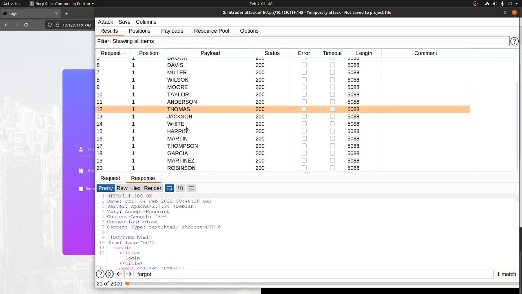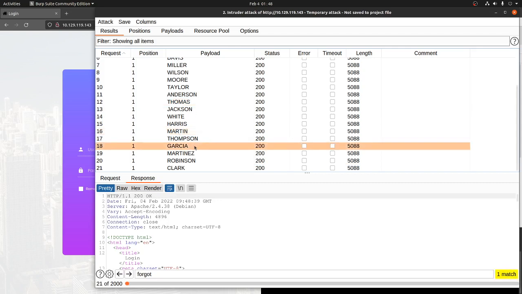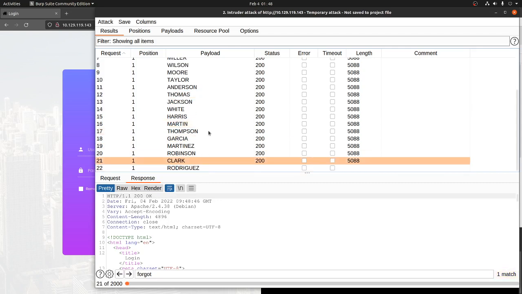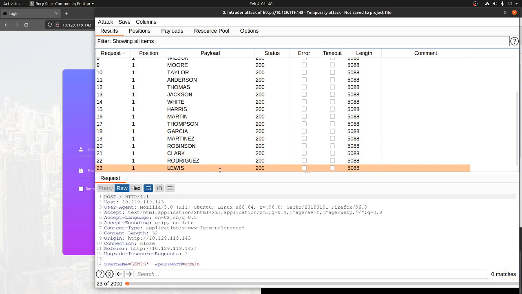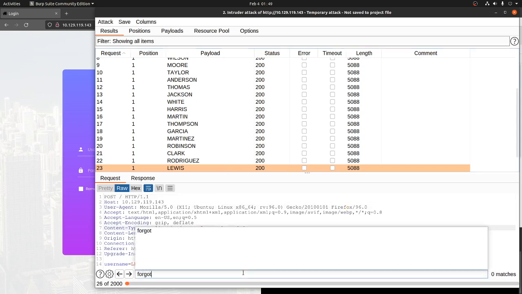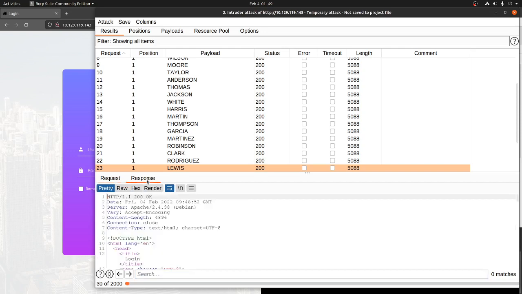Is there anything in which we don't find this type of forgot? Zero matches. Forgot. But why is this zero matches? Because we are not in the